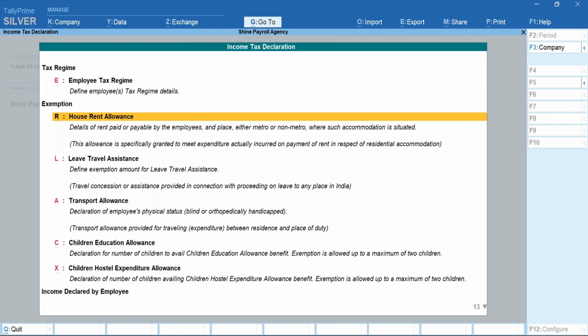So next comes the house rent allowance. Related to house rent allowance, there are different rules. There is a set of rules applicable by the Income Tax Act, right? In case you are living in a metro or non-metro, based on the accommodation, how much has to be exempted and how much has to be taxable. And whether the rent is based on the proof given or not, all those things you'll be able